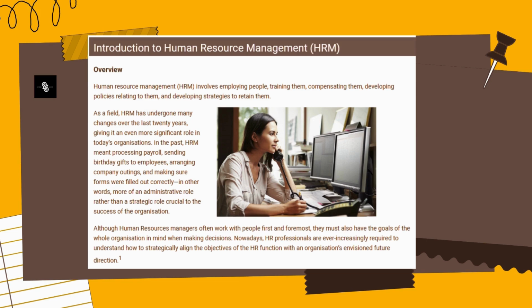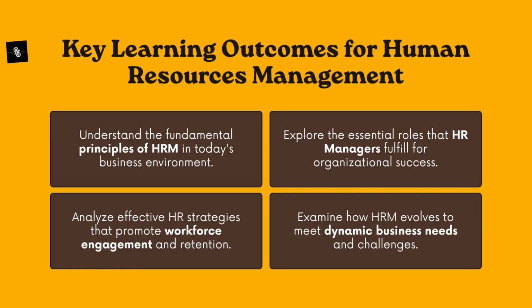Let's start with what you will learn today. Here are the 5 main outcomes from the module. The first thing you will learn is how to identify the core roles of HRM, like hiring, training, and keeping employees happy. Then you will understand the challenges HR professionals face, like remote work, mental health, and keeping up with new laws. Then you will learn that communication plays a big role in HR, especially in solving problems and building trust. Then you will learn the difference between strategic HRM and a regular HR plan and why that matters. And finally, you'll learn how to create basic compensation plans, that is, how salaries and rewards are designed. So let's begin with the basics.